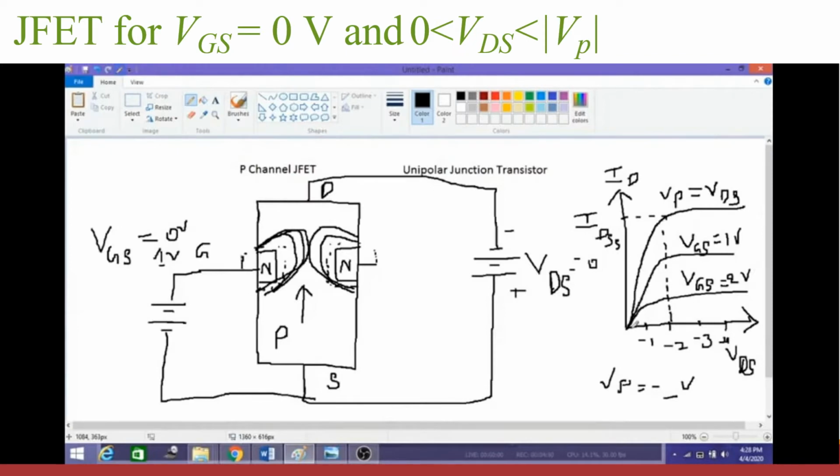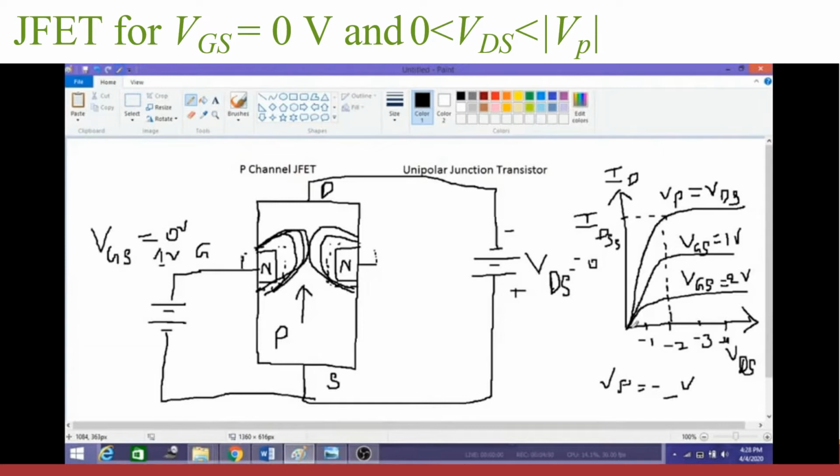In p-channel JFET, first of all, when VGS is 0 volts and the VDS is increased, here the negative terminal of the VDS is connected to the drain and the positive terminal of the VDS is connected to the source. Since the negative terminal is connected to the p-type material, it is reverse biased and the depletion region between the gate n-material and the channel increases. So the depletion layer increases. As the VDS is increased, the current ID also increases. So this region is known as ohmic region.